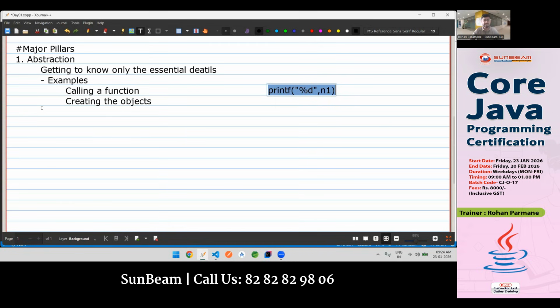Let me know, is first the abstraction clear to you? यहां तक क्लियर है guys? Very good. Now the second thing,